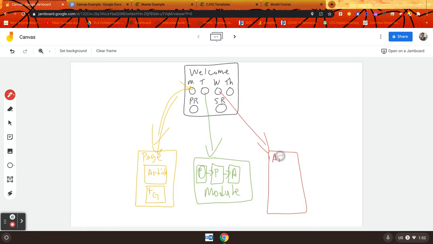Okay, let's see if I can write this so it doesn't look like something bad. Okay, assign will do just fine. So this could be anything that you typically would do in a digital format. So on this assignment, I could make it a Kami assignment, and I could have a Kami doc that they